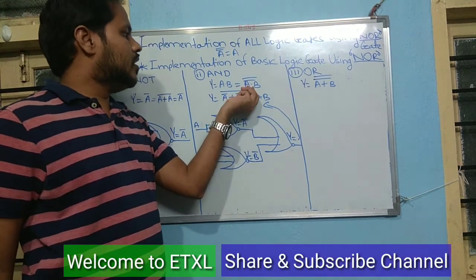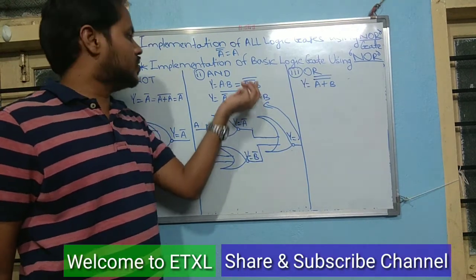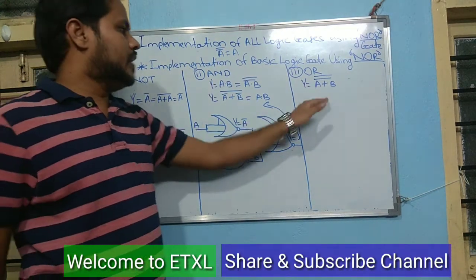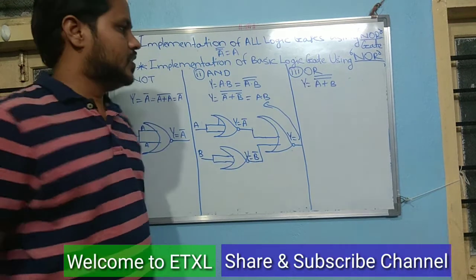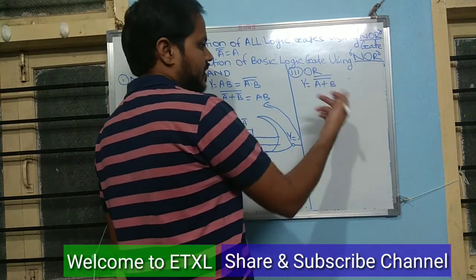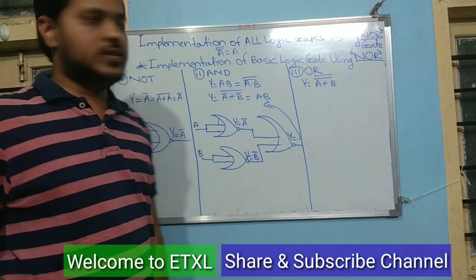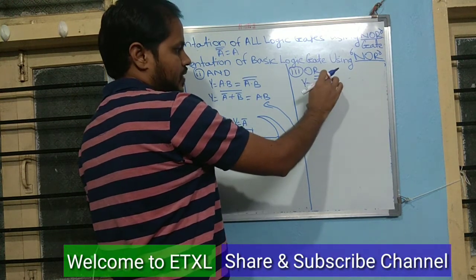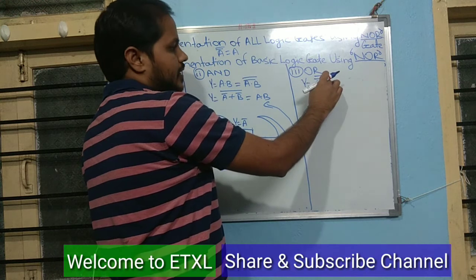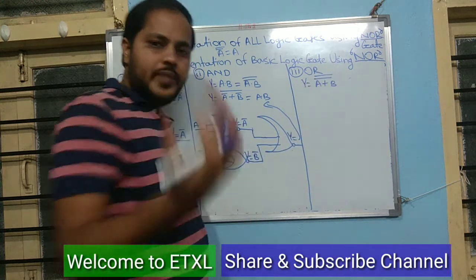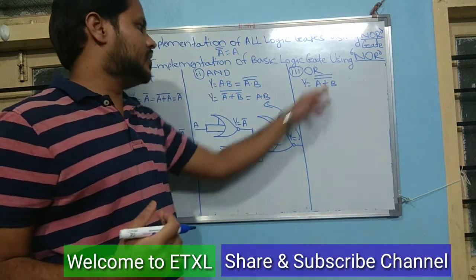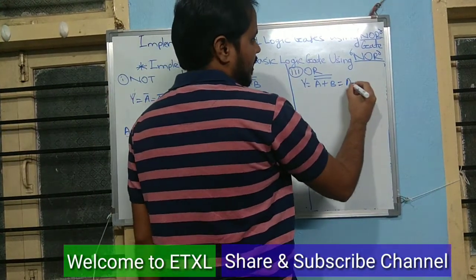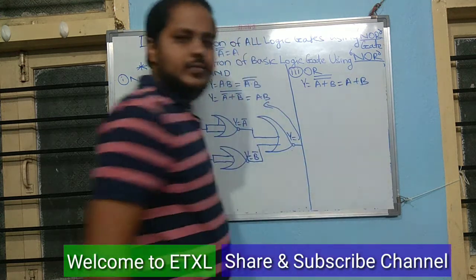This equation is also written by using this Boolean algebra law. Y is equal to (A plus B) double bar. Then you are finally getting the original equation of the OR logic gate. Draw the logical diagram for this particular gate. First use the first NOR gate and then make the short connections of that NOR gate. Then you are getting the original equation of the OR logic gate, that is Y is equal to A plus B.